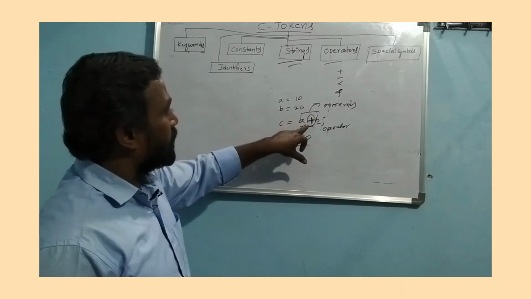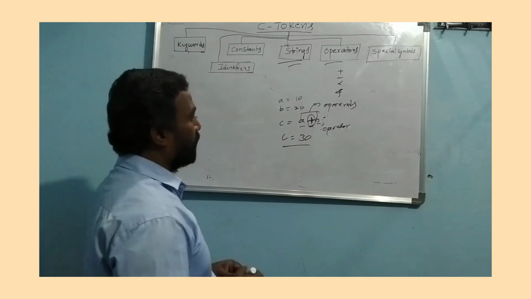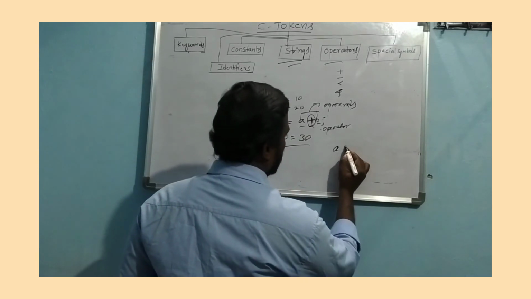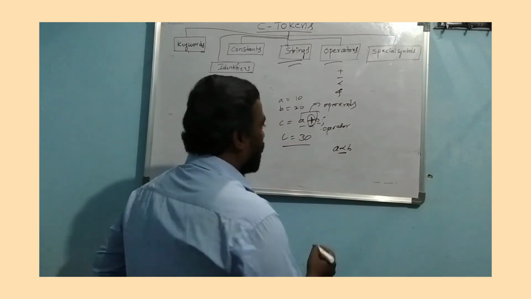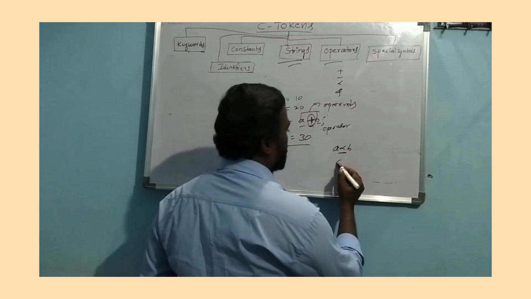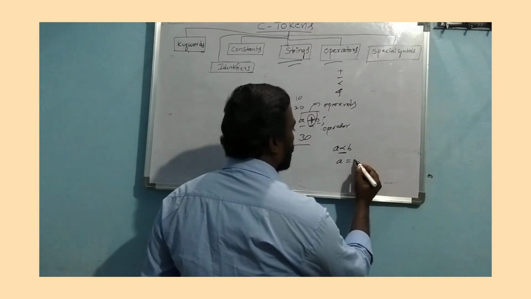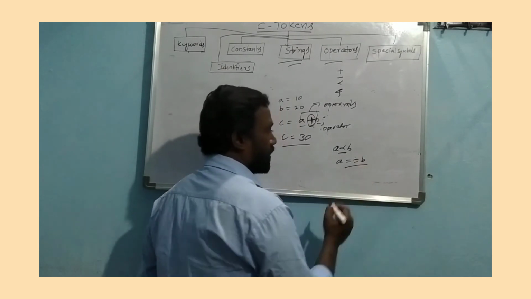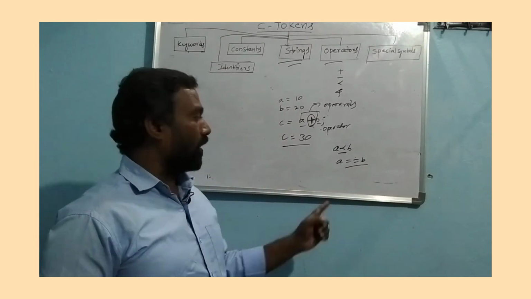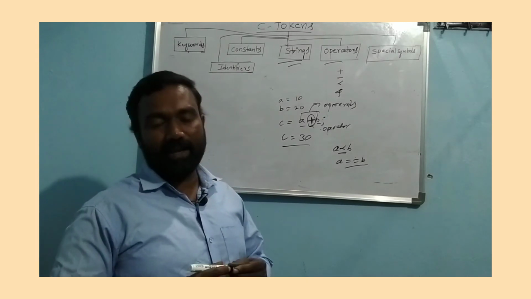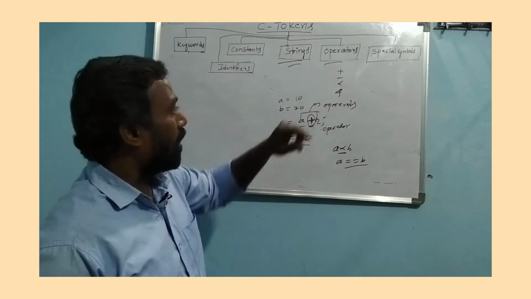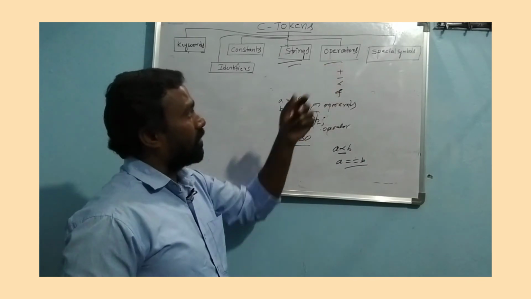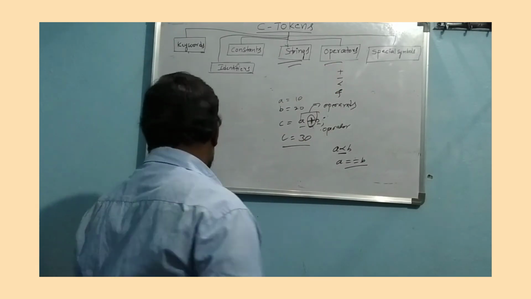So these are these types of operators. If you want to check any condition like A less than B, then less than is also an operator. If you want to compare two things, like A double equal to B, we will discuss it later within the operator concept. A double equal to means the A and B variables are equal. Okay, so this is the operator concept. This is a big concept we will discuss in the next section.